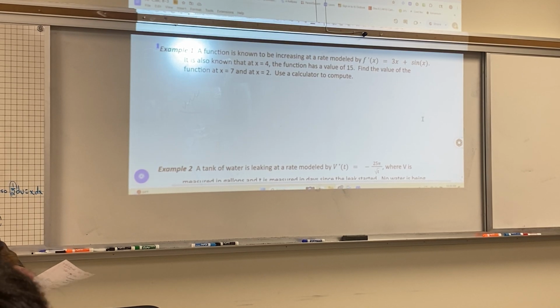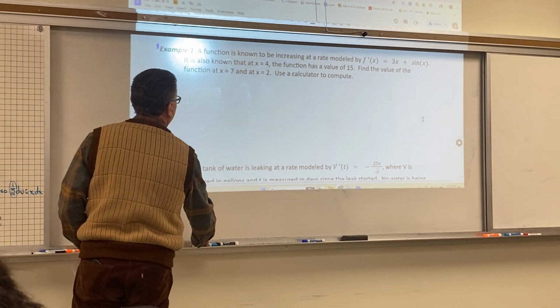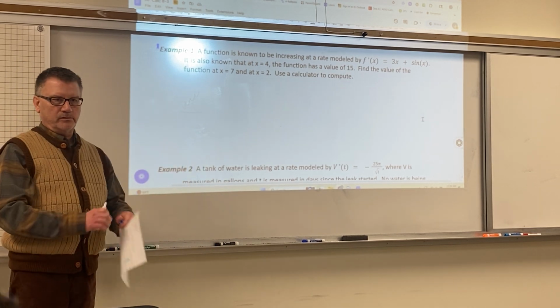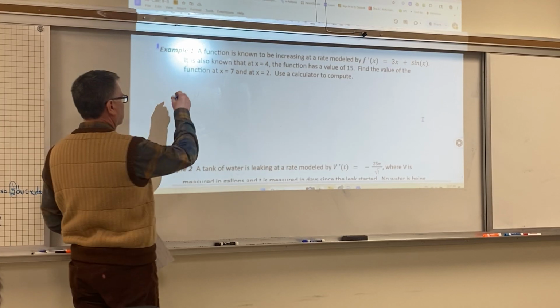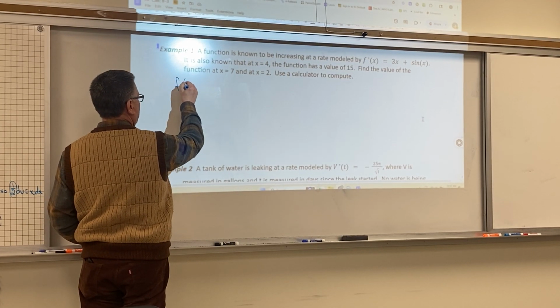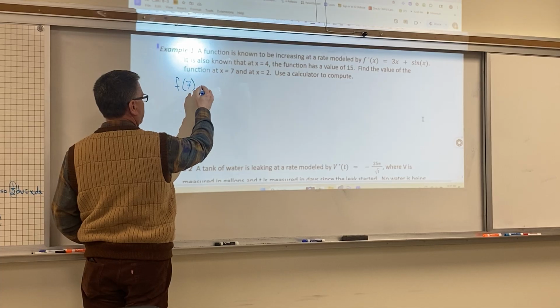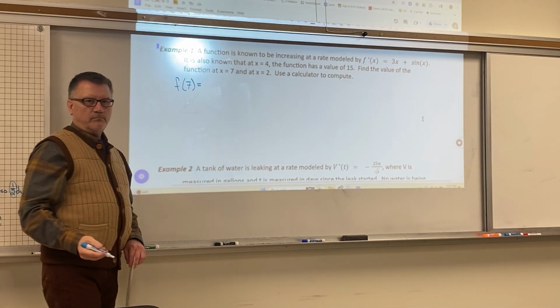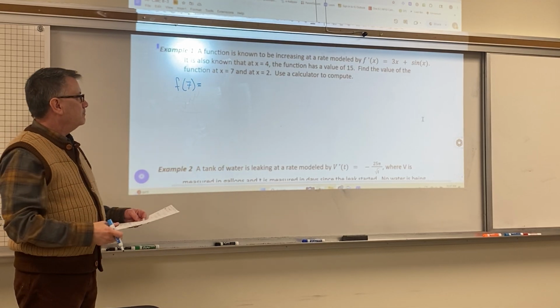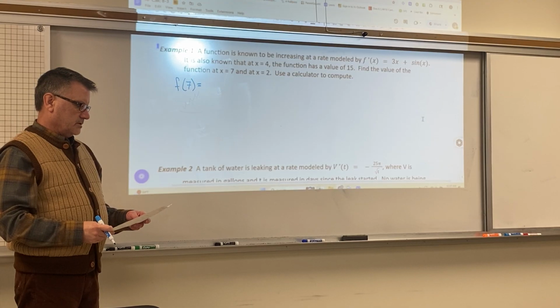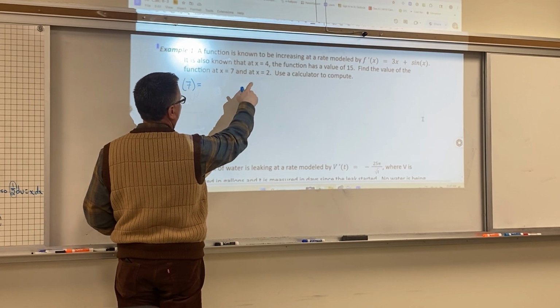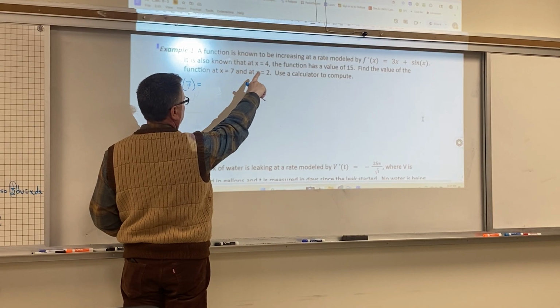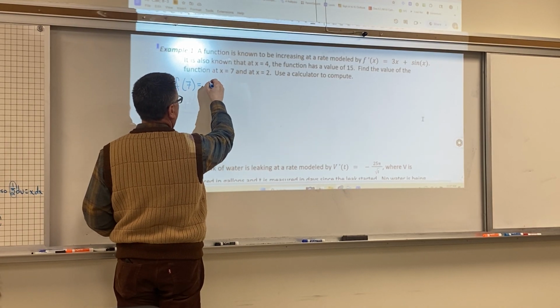Okay, so we can do f of 7 first. We want to find f of 7. Pretty much asking where did I end up. So I know that's going to be where did I start. It's known that f of 4, well, I know f of 4. I know the xy value here. So if I figure out